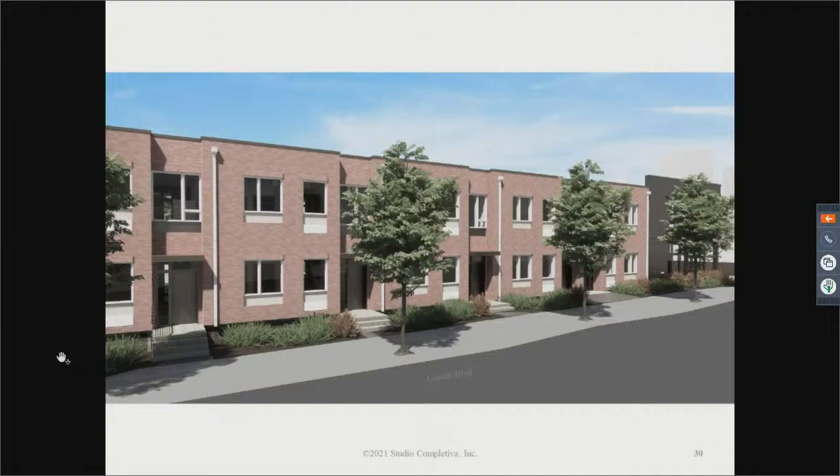Here's a view of the residences along Lowell Boulevard. Metal awnings over recessed entries provide shelter and create depth within the facade. A subtle play of brick patterning, inset windows, and simple lines give a sense of both order and playfulness to the architectural detailing. These folks have wonderful views of the fields to the east, and more eyes on the street plays well here too. Next slide, please.